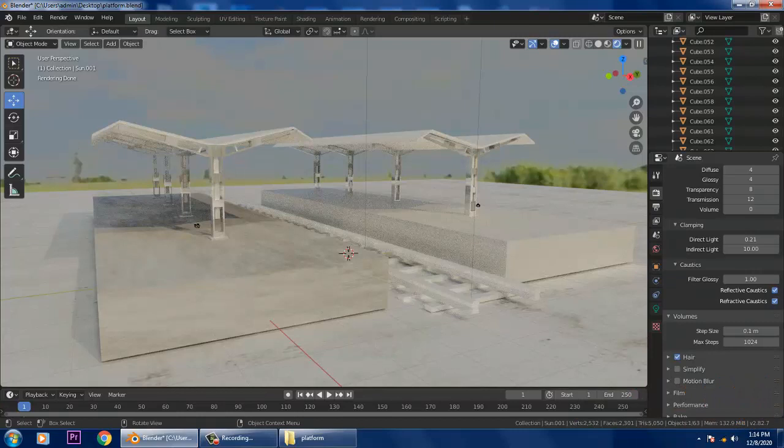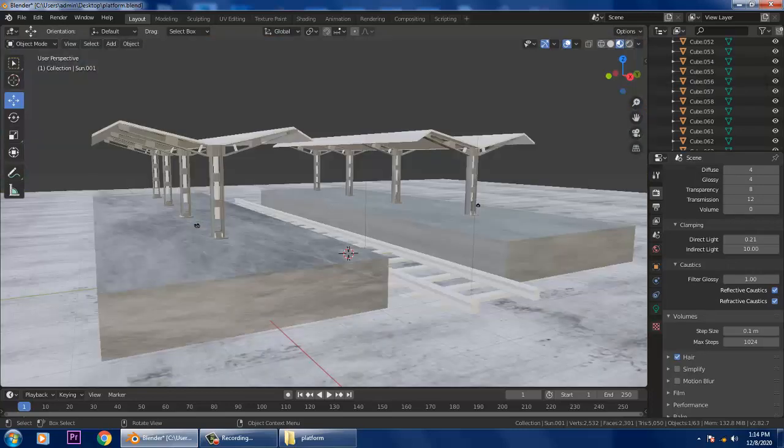Now if you want some darker textures, you can go with some darker textures over here, not a problem.